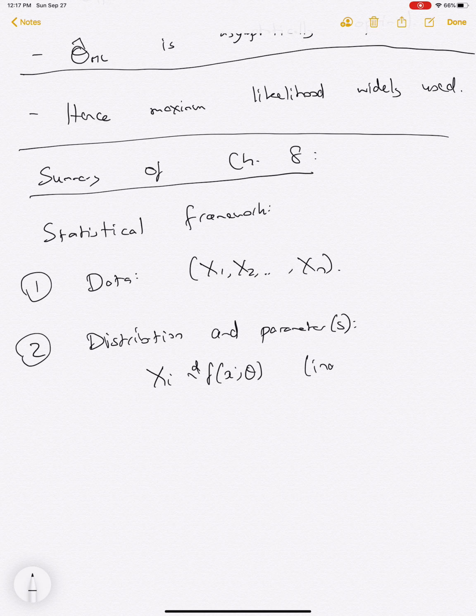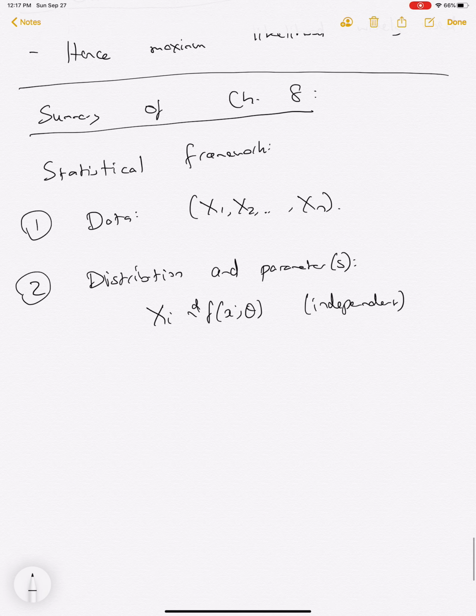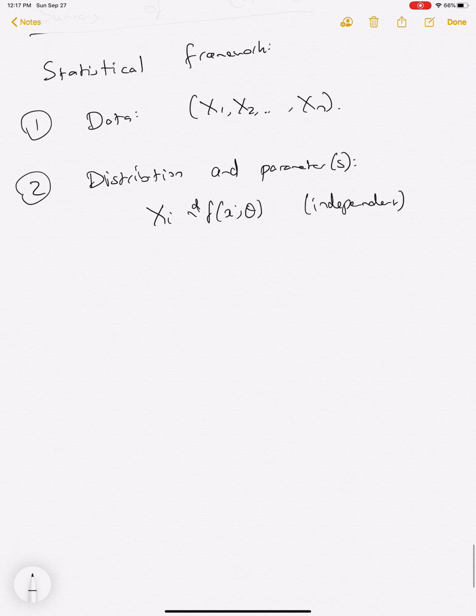So we assume that these draws are independent, because that gives us nice properties, and theta is the parameter of interest. And then